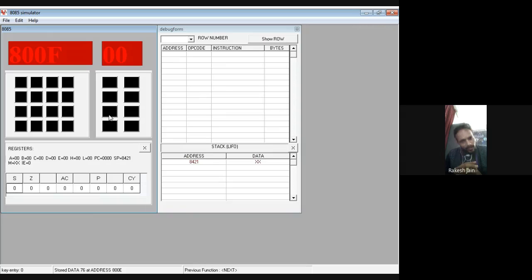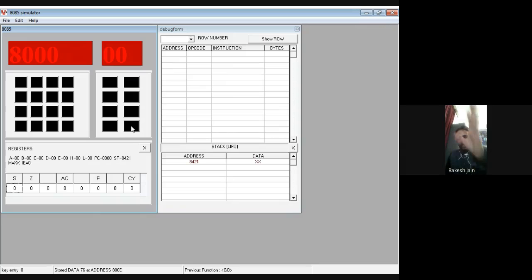Now the program ends, so one more time click on next. Now the loading step is completed. How to load the program in the 8085 simulator, I have already taught you in previous labs, and right now we just did it once again.